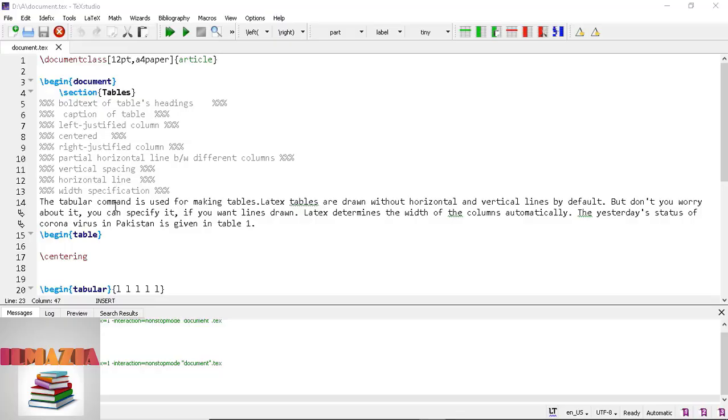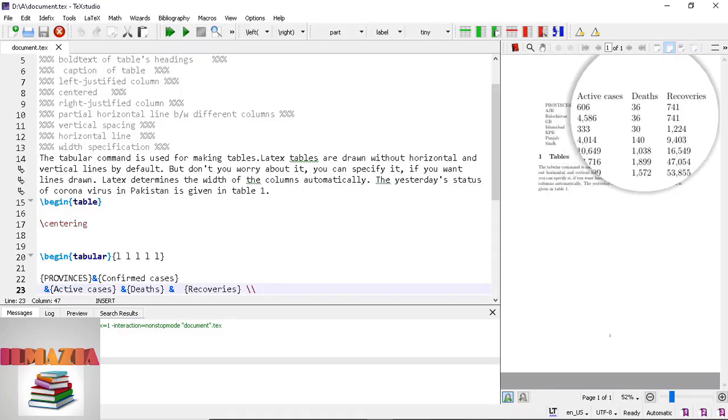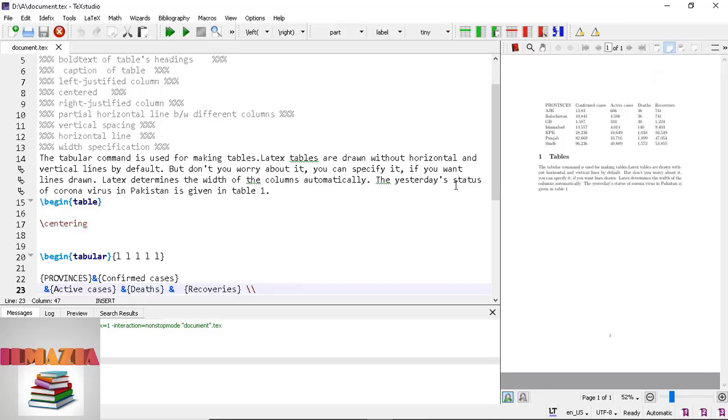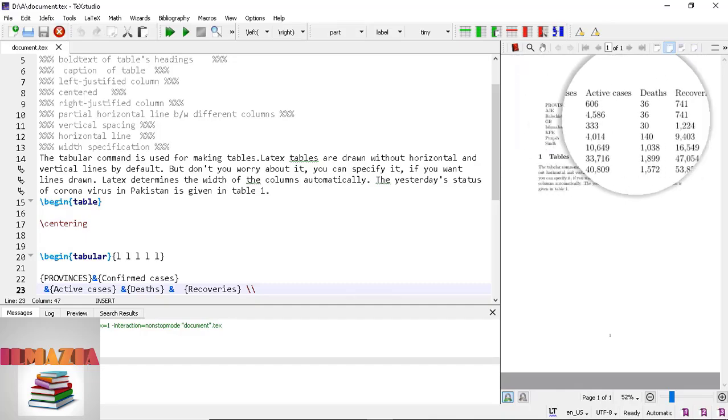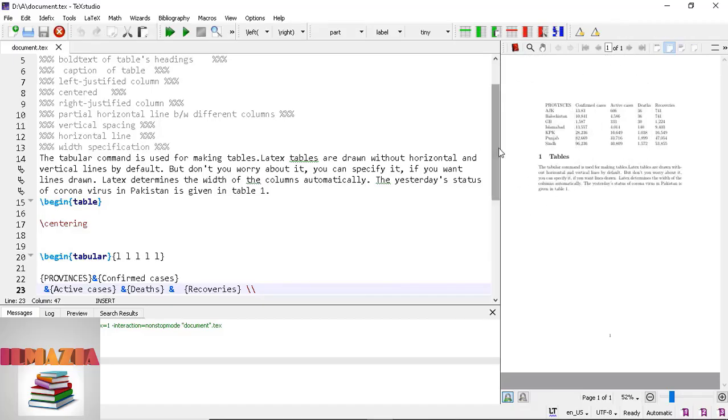So let's start. In my previous video, I described the simple table. Now look at the simple table. Here firstly we need to bold the headings. This is the simple table of COVID-19 of yesterday's data. So we have to enter the bold letters of its first row and first column, provinces, cases. So the command for this,